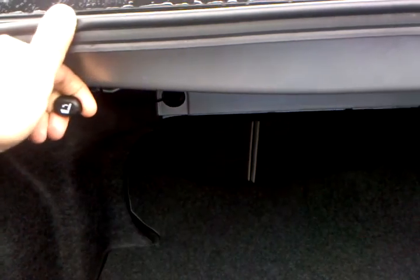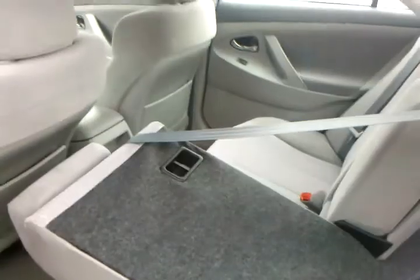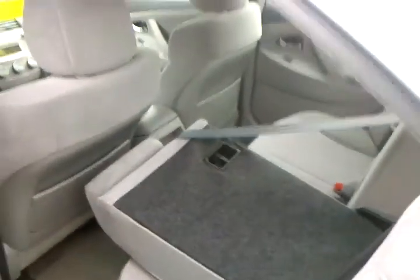Also, if you need some more space, you've got these releases on each side, which lets you fold down the rear seats, and it's what they call a 60-40 split, so you can put down one side or the other if you still want to have some passengers and just put some longer things in the back. Okay. Now I'll come down here